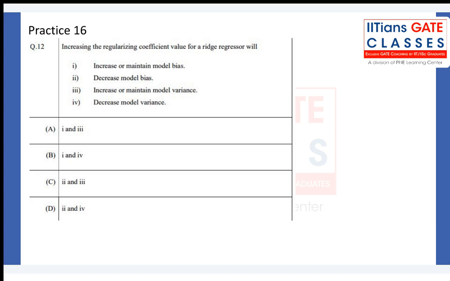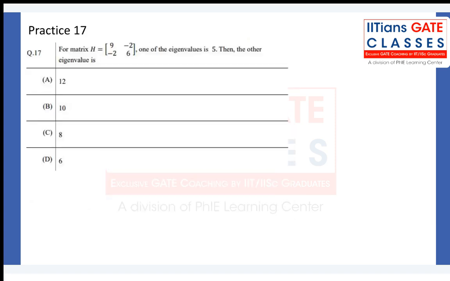Same question again. For a matrix H, one of the eigenvalues is 5, then the other eigenvalue is